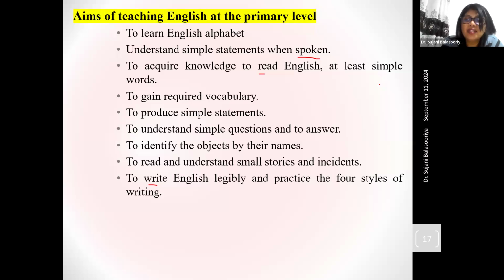Try to relate these things. Once again, I'm telling you, try to relate these things to the practical aspect. Otherwise, talking about these things is in vain. Actually, I'm not going to give you any answer because the answer may vary, but as a whole, you still need to check whether at least some of these aims are achieved in Sri Lankan primary education, on the English teaching side.